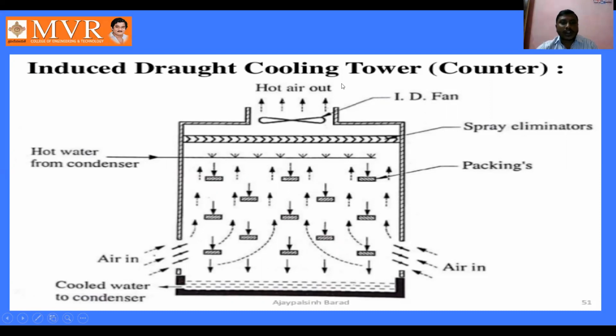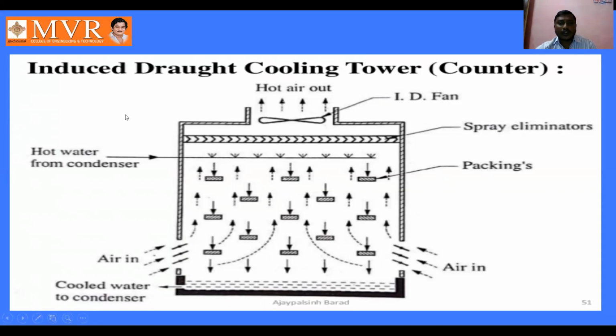But for the induced draft cooling tower, we are placing the fan at the topmost position of the cooling tower. The procedure is the same as that of natural draft as well as forced draft. But in natural draft, we are not using any fan for getting air into the cooling tower. In the forced draft cooling tower, we use a fan for entering the air into the cooling tower at the bottom of the cooling tower. But in the induced draft cooling tower, we are using the induced fan at the topmost position